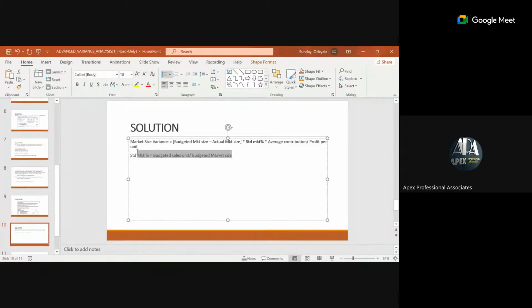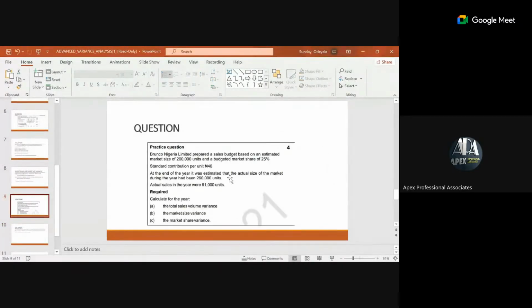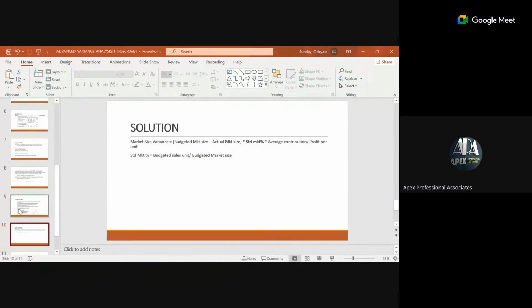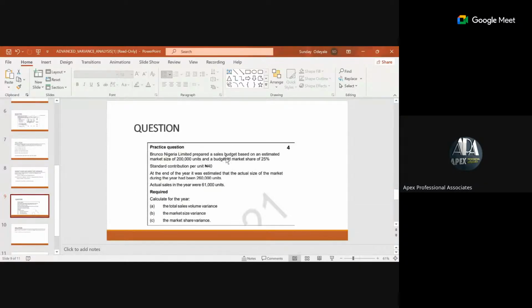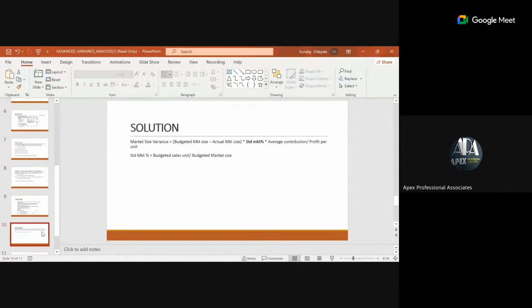The one that we need down here, we don't even need to compute it. The question has given us the standard market share to be 25%, so life is even very, very easy. And in case the question did not give us, they are giving us your budgeted sales. What do we do to get the share? Just divide your budgeted sales by the budgeted market size. Life will be easy. So in this question now we can just calculate the market size